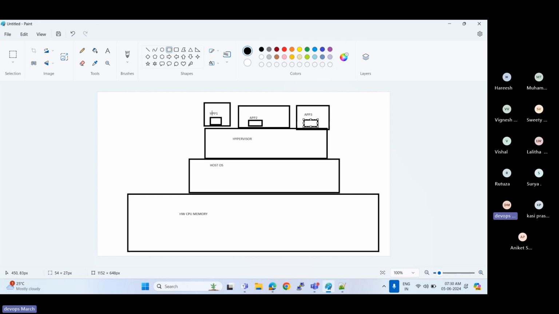That means you have 3 Docker images used by 3 different operating systems, so you can deploy 3 Docker images on top of the hypervisor. App 1 is using Linux OS, app 2 is using Ubuntu OS, app 3 is using Debian OS or CentOS. So individual apps can use their individual guest OSs.